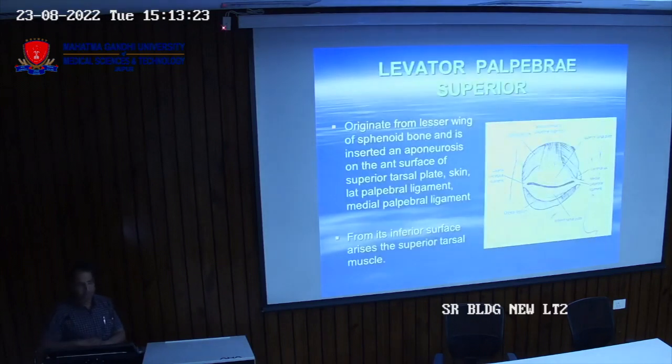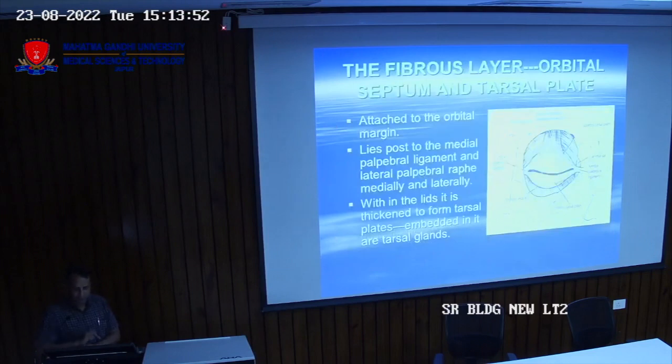Then the LPS, levator palpebrae superioris, originates from the lesser wing of the sphenoid bone and is inserted as an aponeurosis on the anterior surface of the superior tarsal plate, skin, lateral palpebral ligament and medial palpebral ligament. So there are four insertions of this muscle, and it originates from the lesser wing of the sphenoid at the apex of the orbit, and it forms its inferior surface around the superior tarsal muscle. Then the